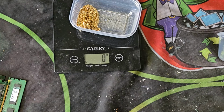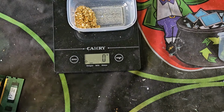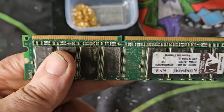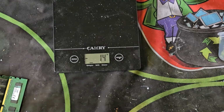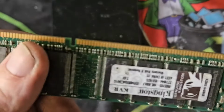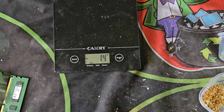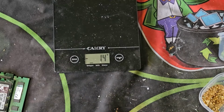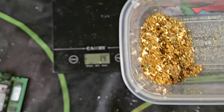So just to be transparent, I'm going to tell you how much more I'm adding, because the last time I think it was just over 100 grams of trim fingers. So I'm going to add whatever we get here. I'm going to cut them off screen. I'm just going to show you the weight of them, because it's only fair that you know what I've added. And again, we'll get the gold flakes from them and we'll come back. So when you come back in a second, we should see how many grams of trimmed ram fingers I'm adding into my solution to get more flakes,